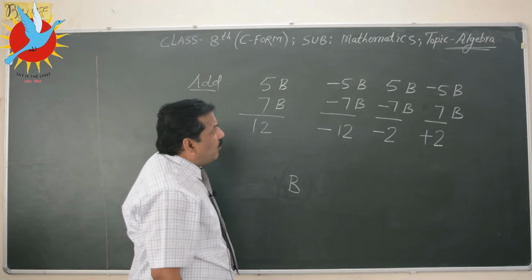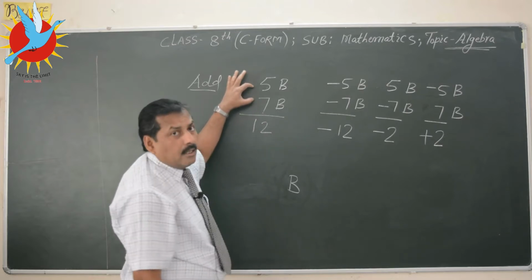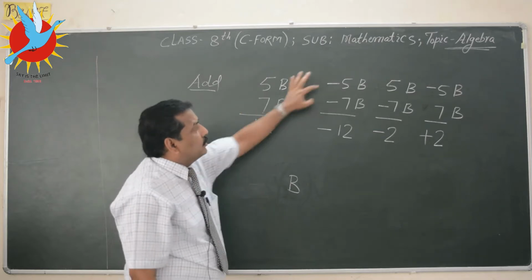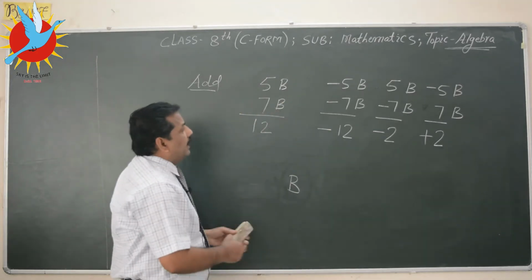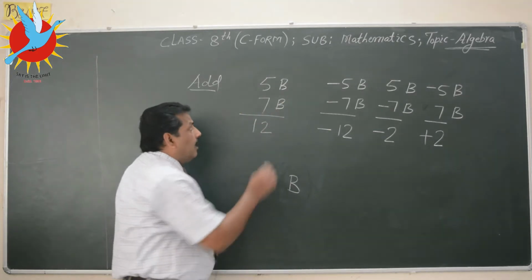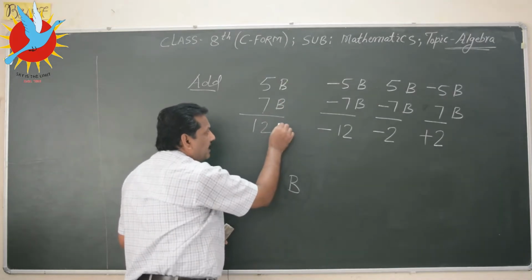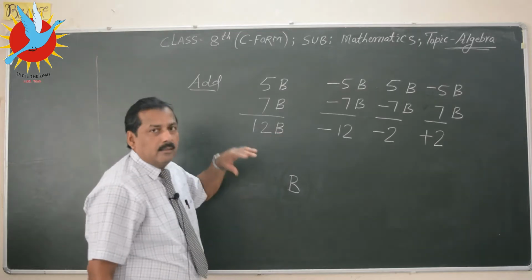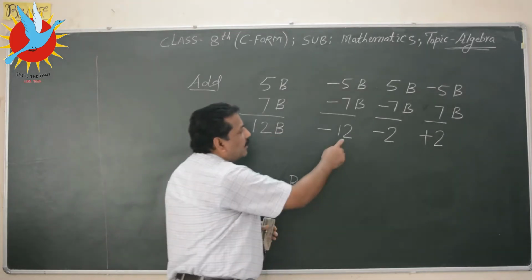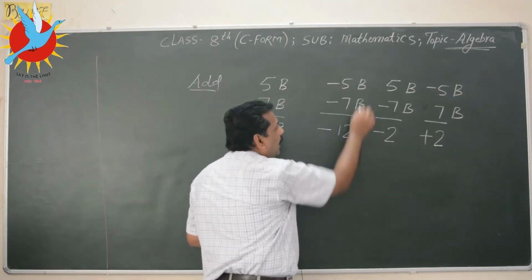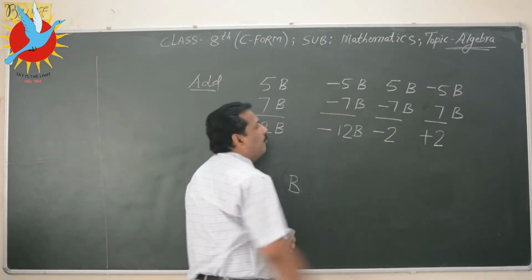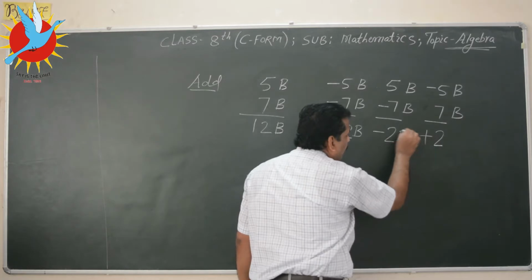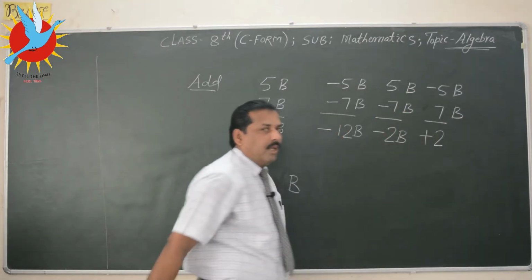So the rules for addition remain as usual, just like the rules for adding two numbers. Nothing will change. We have to simply write the variable only once. So 12b, that's all. Now this is minus 12 as usual, and this is minus 12b. This is minus 2b, only once the variable is written, because